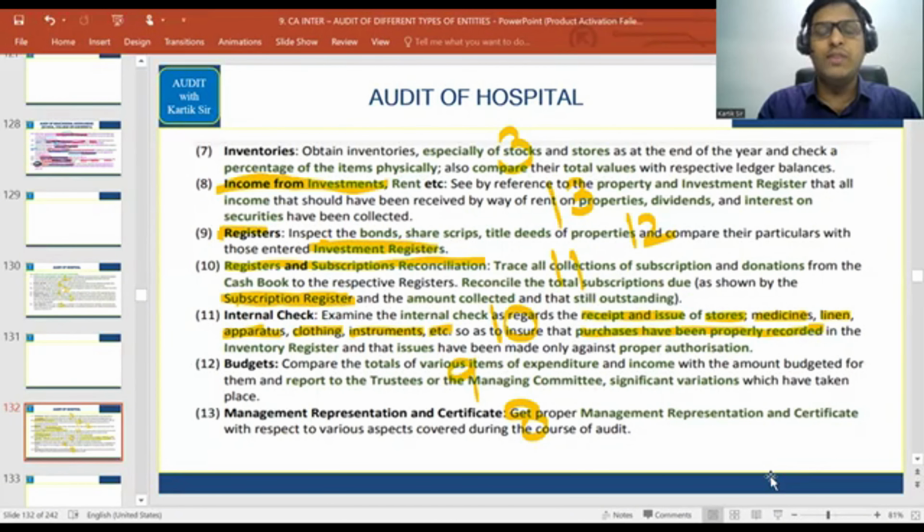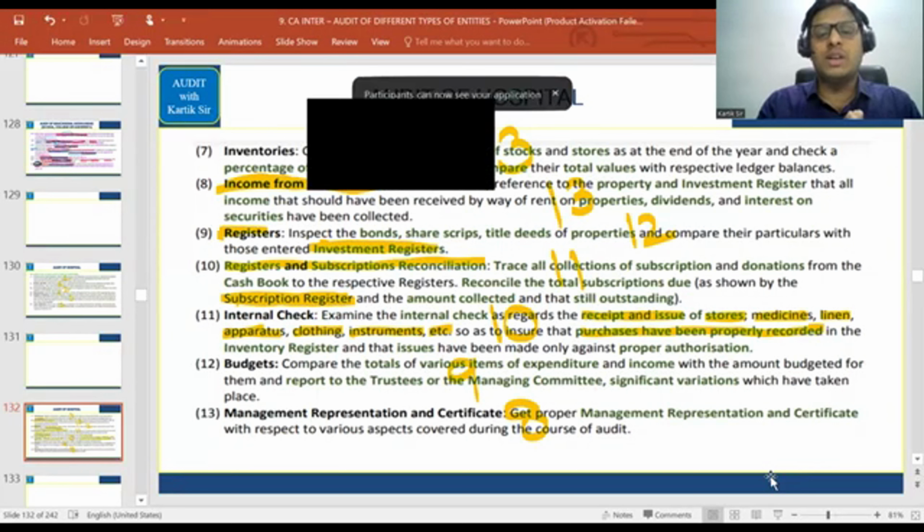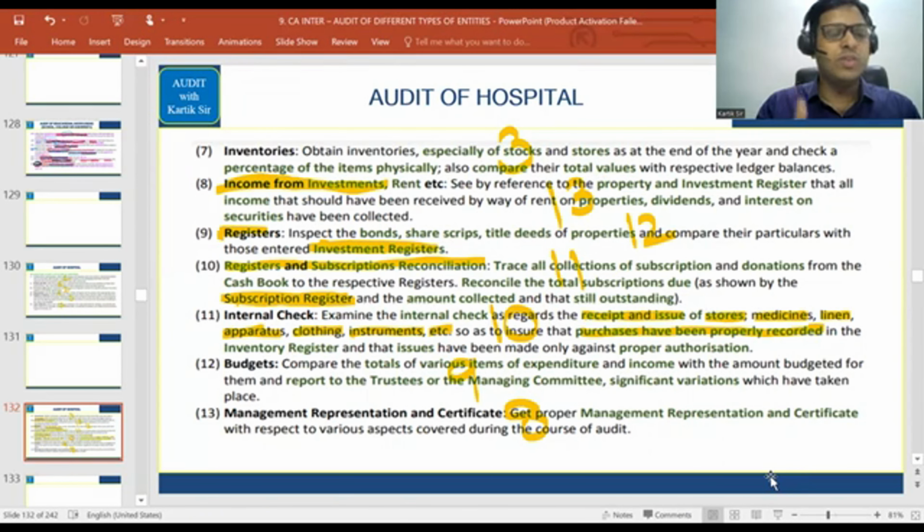Let's go further and go to the other chapters. I think regarding this chapter, I have taught all the areas. So I think we have made 3 videos now, and in total, revision has 4 videos. First video was in relation to the audit of government, that is government audit is first. Second video will have local bodies, NGO, hire purchase and leasing. Video number 3 will have cinema, club and charitable trust. And video number 4 will have education institution, hospitals and hotels. So these areas we have covered properly.